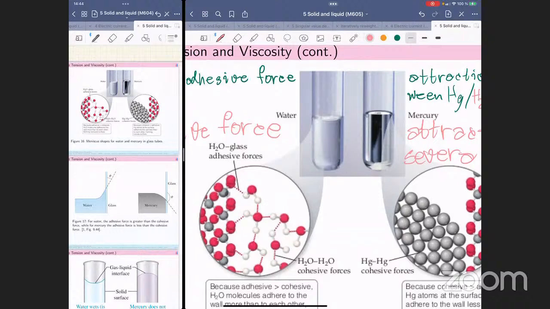And between the silicon molecule in the glass and the H2O molecule, the water molecule, there is an active force too, and it is called adhesive force. Okay, different pairs of silicon oxide molecule to the water, there is adhesive force too, right? Adhesive force at different places. Okay, in the water case, the adhesive forces are greater, are stronger than the cohesive force